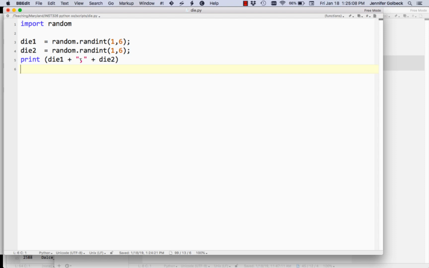This is a string; anything in double quotes like that is a string. Basically, Python doesn't know what to do when you try to add an integer to a string. If you try to add 2 integers, 2 numbers, it knows how to do that fine. If we had just print die1 plus die2, what it would do here is add together the values of the dice. So if we rolled a 1 and a 2, it would add those together to get 3,